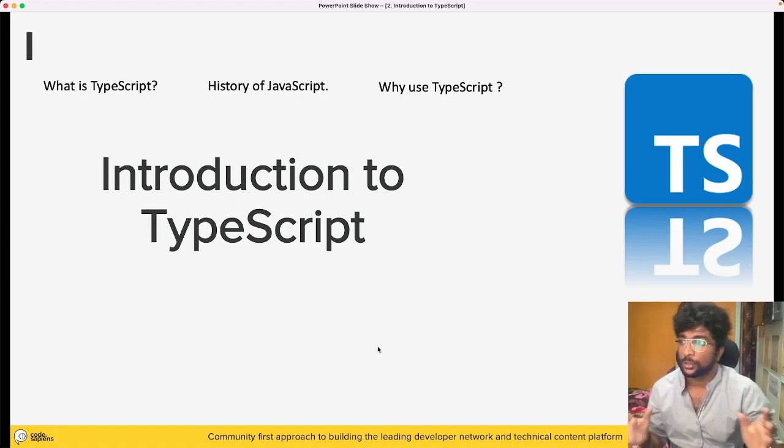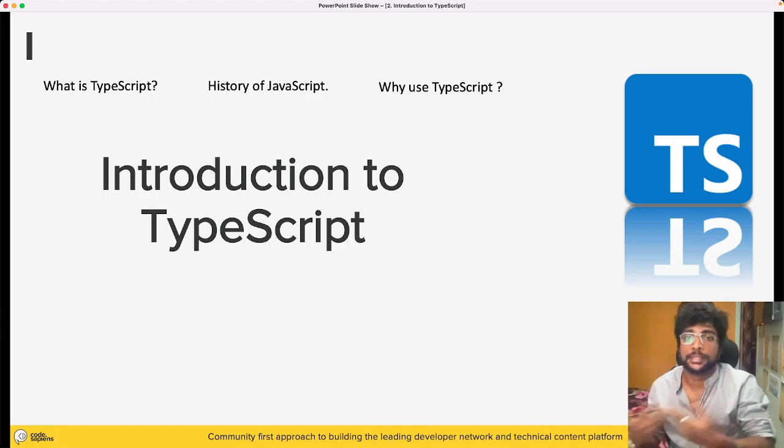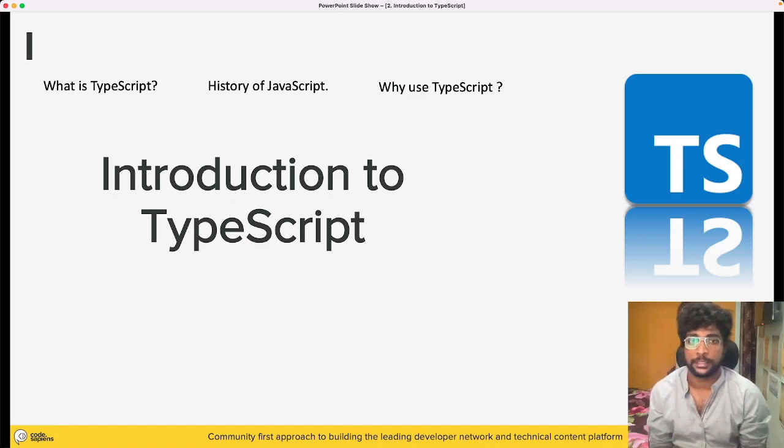Then, once you understand the problems of JavaScript, we'll see how TypeScript is solving those problems, right? It doesn't mean you learn a new language just because it gives some additional power to you, or maybe makes your syntax easier. Not that. Why use TypeScript? What are the actual benefits you get from it? What are the different pain points it solves for a normal software engineer migrating from JavaScript to TypeScript, and how painful is the effort to move from JavaScript to TypeScript, right? So you need to balance all of these.